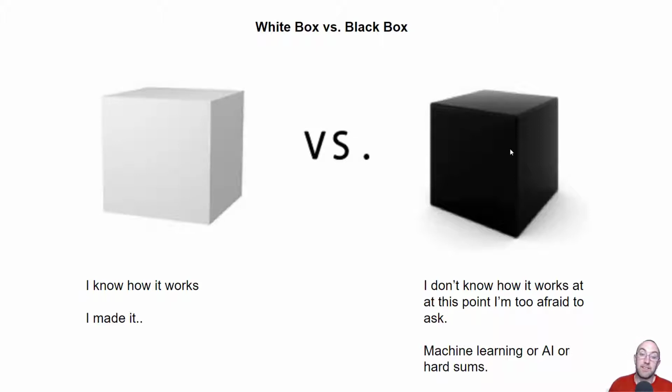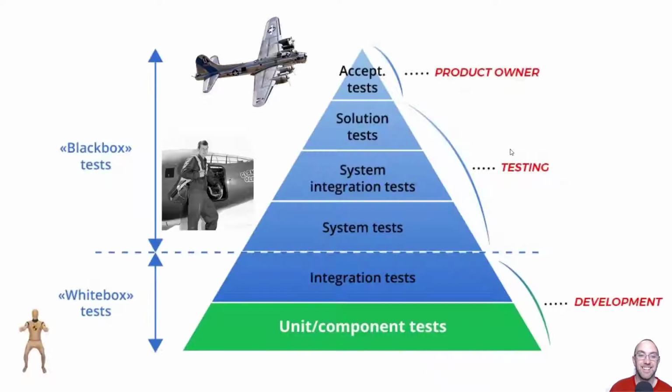And black box, meaning the early adopters definitely have no idea how your code works, but they are testing it nonetheless. So there is a kind of order to these kinds of things. Down the bottom, I've put a little test dummy. That's when you're just testing little components or functions or units. Then you put it together, and at the system level tests, this is where you put your test pilot in, and later on, when your customer completely accepts it and has been using it, they're like, yes,